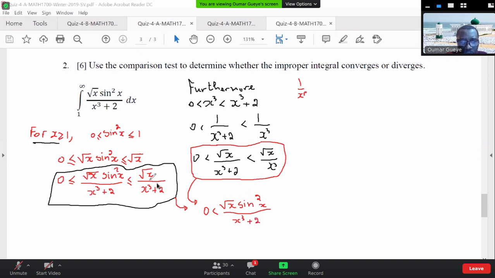But this function from here is less than this function here, root x over x cubed plus 2. But root x over x plus 2, as you can see from this second double, is less than this. So we can say this is less than, by transitivity, going to be root x